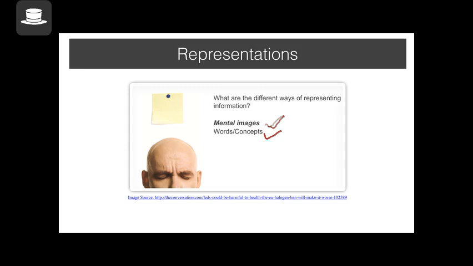A very, very fundamental distinction between these two at a very basic level is that one is pictorial, more like analog. The other one is more digital, in the sense that there is no real representation of it in a pictorial format. So it's pictorial and non-pictorial, or mental images and words or concepts. So first we'll talk about pictorial representations, then we'll talk about the non-pictorial representations.